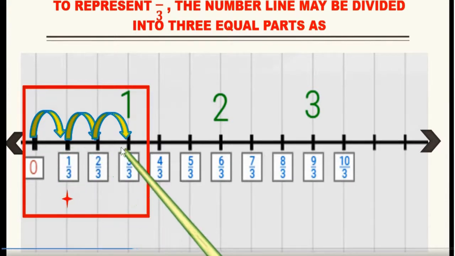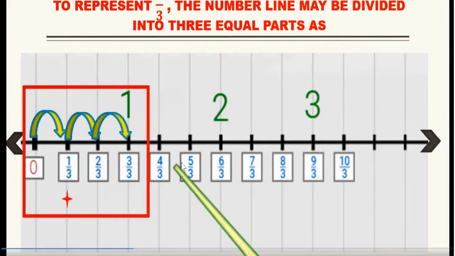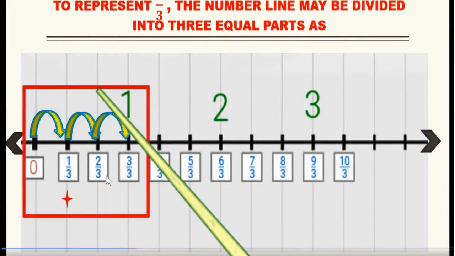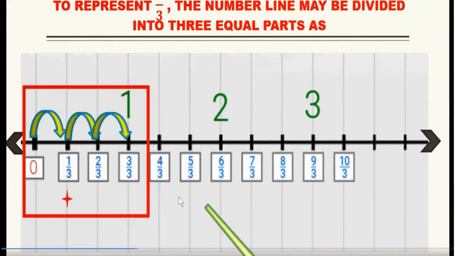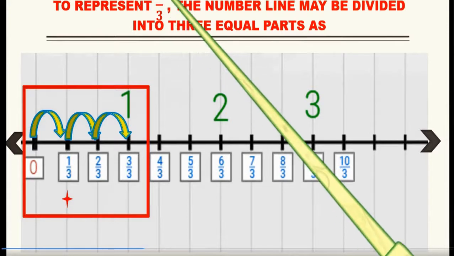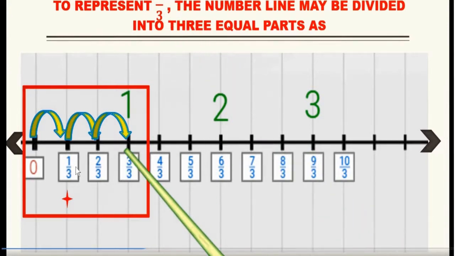After 3 by 3, you can see the numerator is bigger than the denominator. Hence, it is lying outside 1. It is lying after 1, or it can be represented as a mixed number. Any number after 1 is not a proper fraction. It is an improper fraction. So, when the fraction or the rational number is of the form P by Q where P is less than Q, then it will lie between 0 and 1.